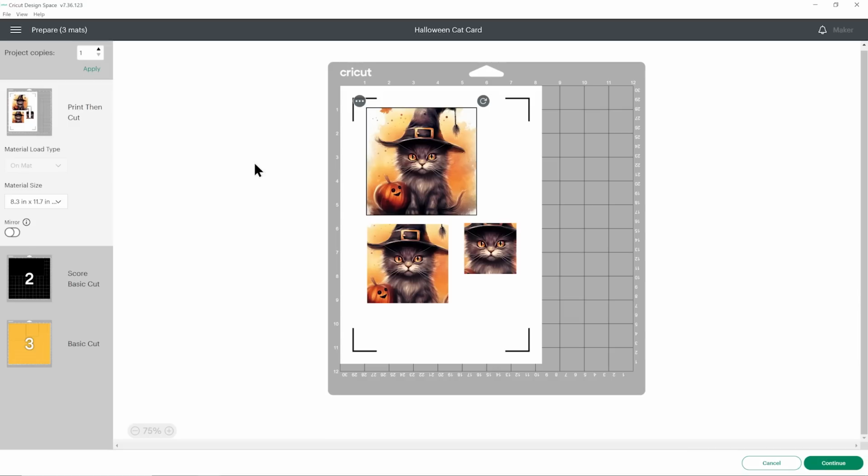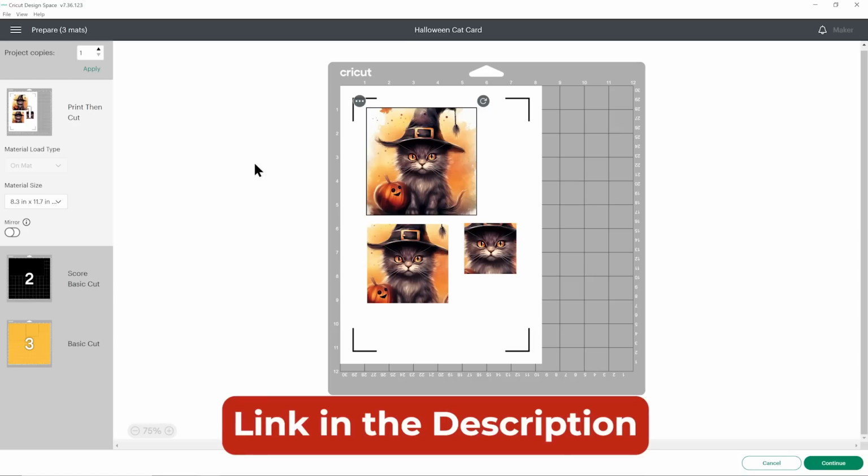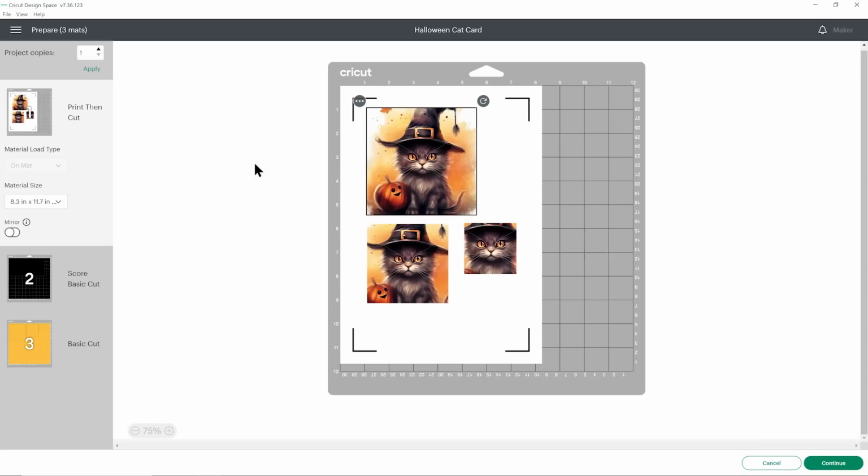If you've never done print then cut on your Cricut before, or if it's been a while since you last did, I have a separate video on how to do the print then cut, which goes through it all in loads of detail. I'll link to that in the description of this video if you're watching on YouTube, or if you're watching on my website, I'll add the link underneath this video. So just have a little scroll down and you'll be able to see the link to the tutorial on print then cut. But for now, get everything printed and cut, and then we'll see how to stick together a border pyramid card.